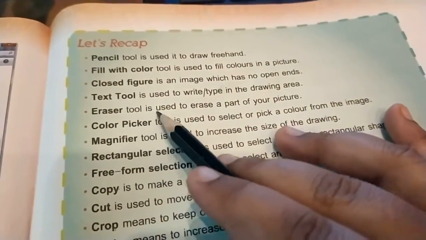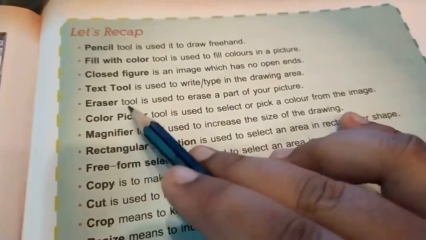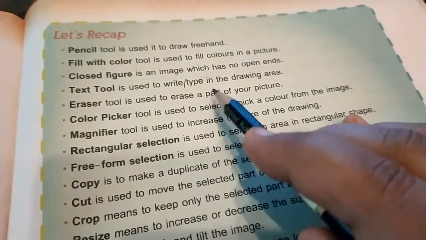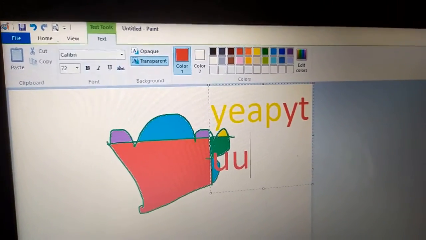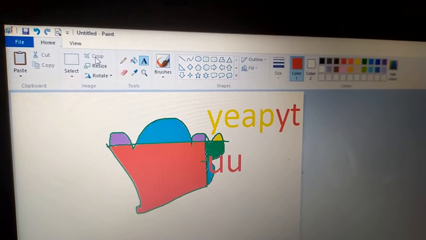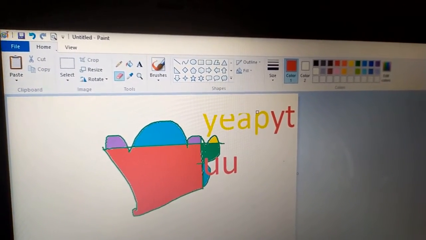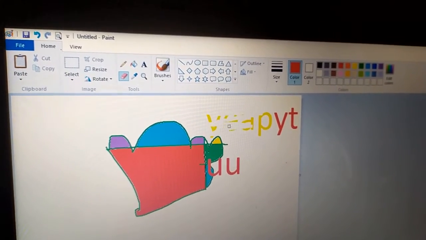Eraser tool is used to erase a part of our picture. This is the eraser tool. We can erase any part of the picture.